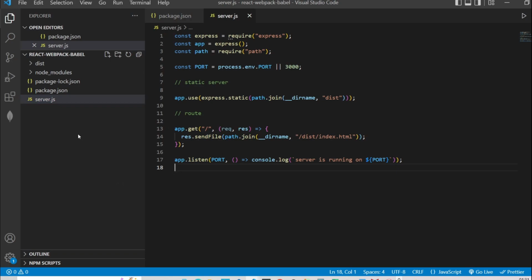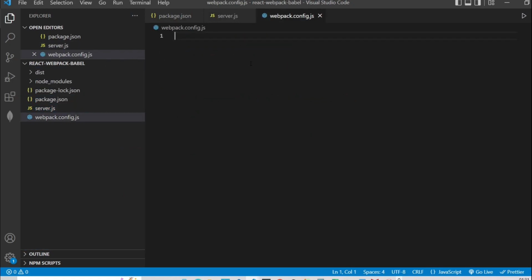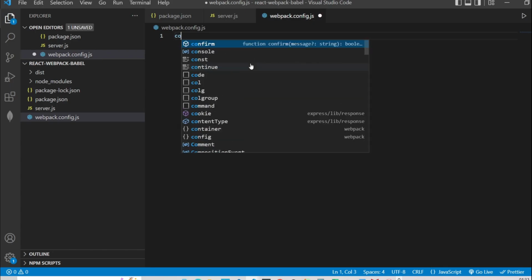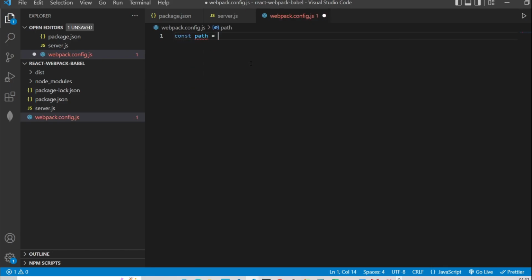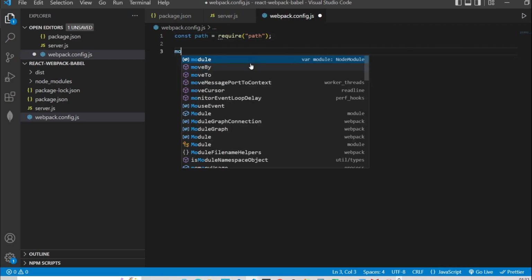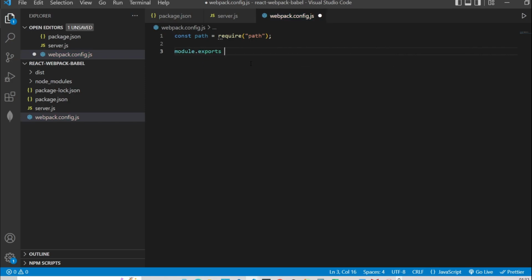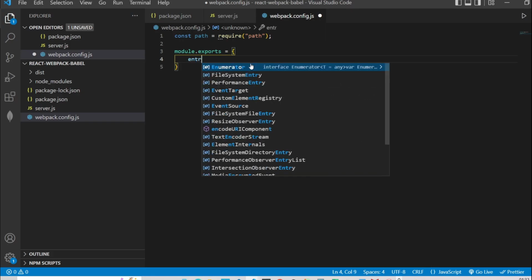So I'm going to create a file here in the root folder only, webpack.config.js. Okay. And here I'm going to bring in path again. So const path equal to require, and we need to bring path. After this, we have to do it this way: module.exports, and inside this object we are going to place all our Webpack configuration. So first we are going to have an entry